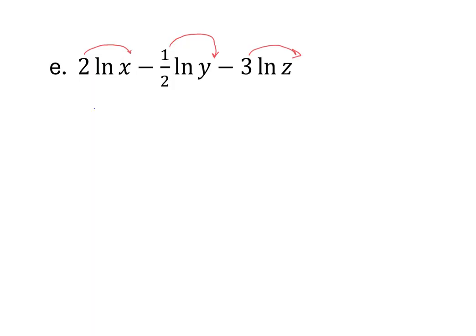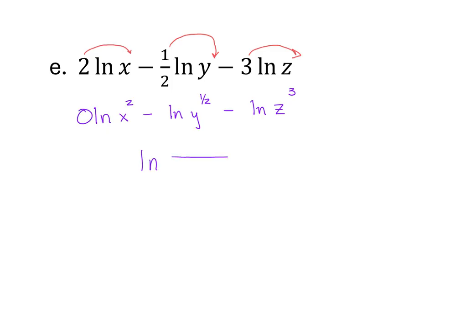And so when we do this, we get natural log of x squared minus natural log of y to the 1/2 minus natural log of z cubed. And then our next step is to go ahead and combine this. So remember, positives go on top, negatives go on the bottom. And so when we combine this,